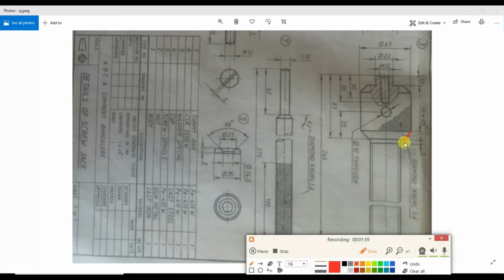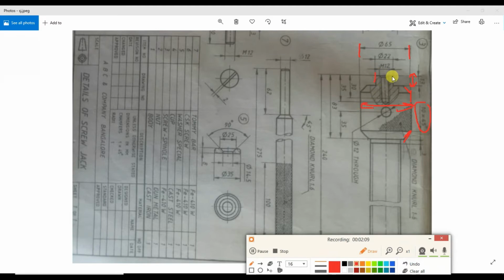And this taper is how much? 10 into 45 degree, 10 mm into 45 degree, that is a taper here. Next, this is also 10 into 45 degree. This is 13 mm and the total diameter is 65. This diameter is 65 mm.